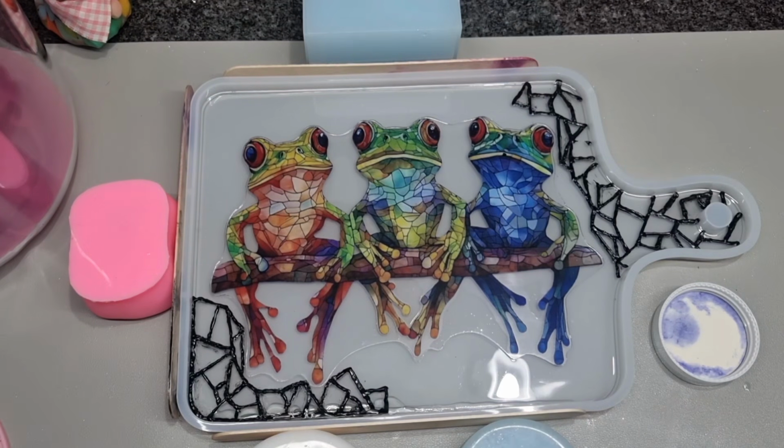Really don't like taking these off, but it's all sticky and gooey. But yeah, these little pots, they just get so messy. Okay,